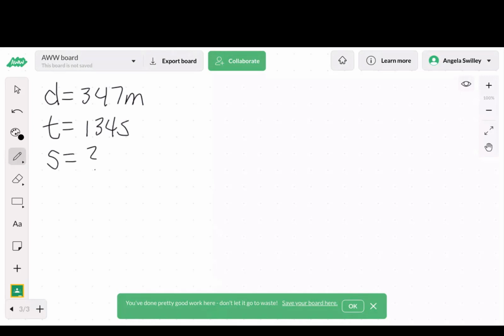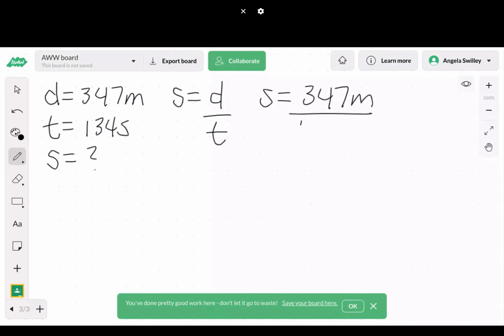So our formula in letters, S equals D over T. Our formula in numbers, 347 meters divided by 134 seconds. And our speed is going to be 2.9 meters per second. And a rule of thumb, because you may have gotten an answer with a lot of numbers,